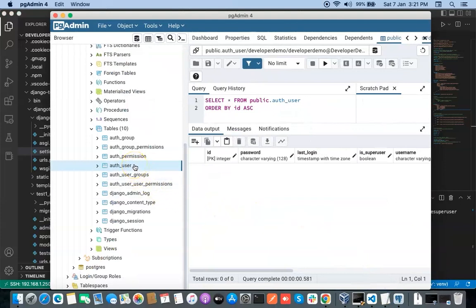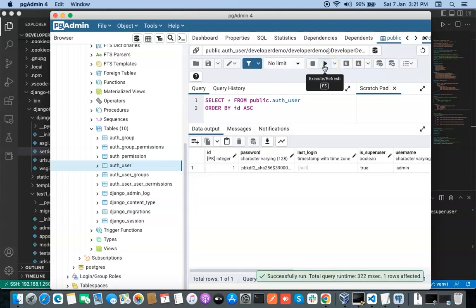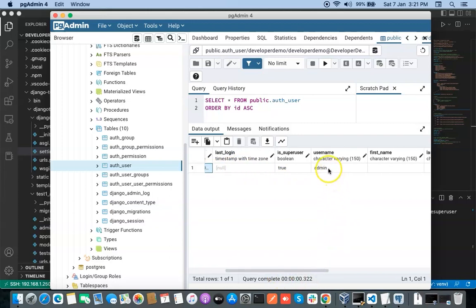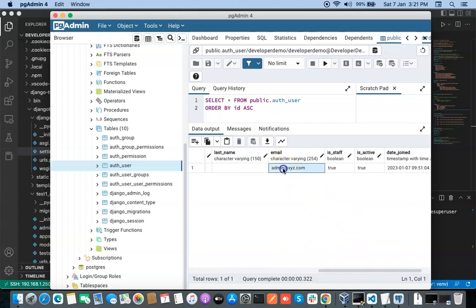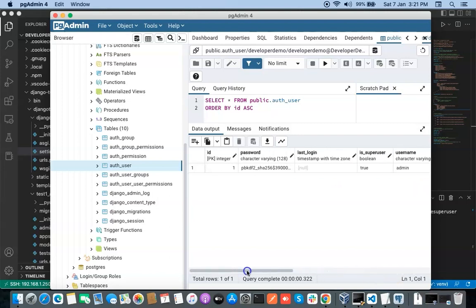Let us check here again. Just press this play button, execute it again. You can see a user has been created. You can see a password has been set, and this password is in an encrypted form. So you can see that a user with the admin name is created with email address admin@xyz.com. So you can see our database has been working and we have successfully connected to the PostgreSQL